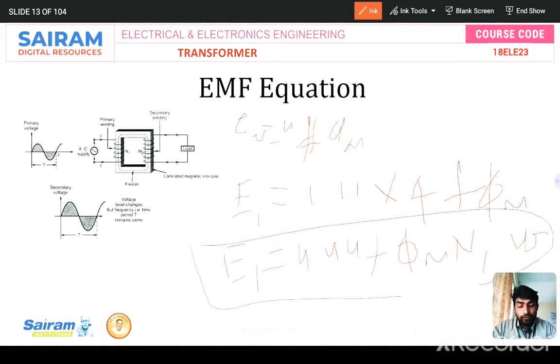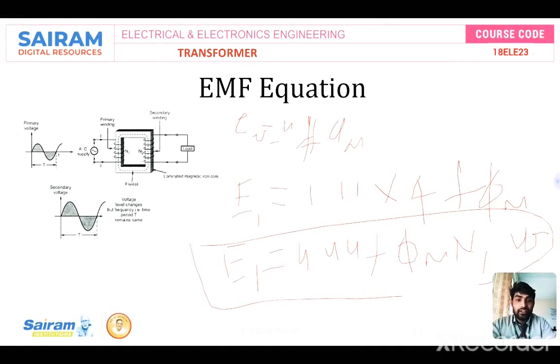E1 is equal to 4.44 F phi m N1 volts, E2 is equal to 4.44 F phi m N2 volts. That is the EMF equation of the transformer. If you want the transformer ratio, N2 by N1, E2 by E1, V2 by V1, or I1 by I2 is equal to K, right? So I'll revise another way of